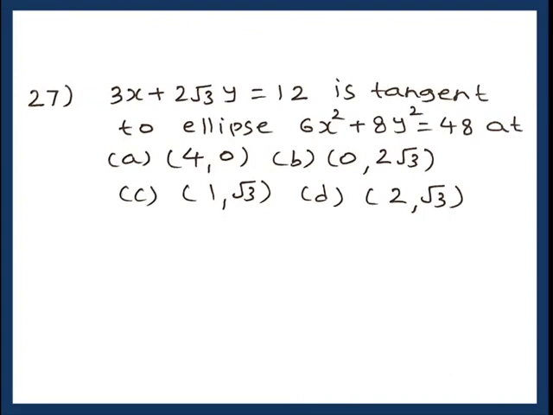Then we show that in general two tangents can be drawn to the curve from a point in the same plane. See, why to say in general? Because if point lies on the parabola, see, I am taking example of parabola, but it is applicable in case of all the curves. So if a point lies on the parabola, tangents are coincident. If point lies inside the parabola, not a single tangent is drawn. And if point lies outside the parabola, two distinct tangents can be drawn. So in the third part, we show that in general, two tangents can be drawn to the parabola.